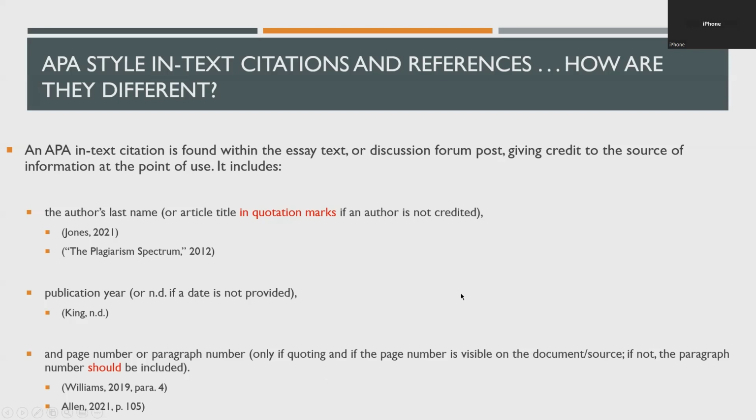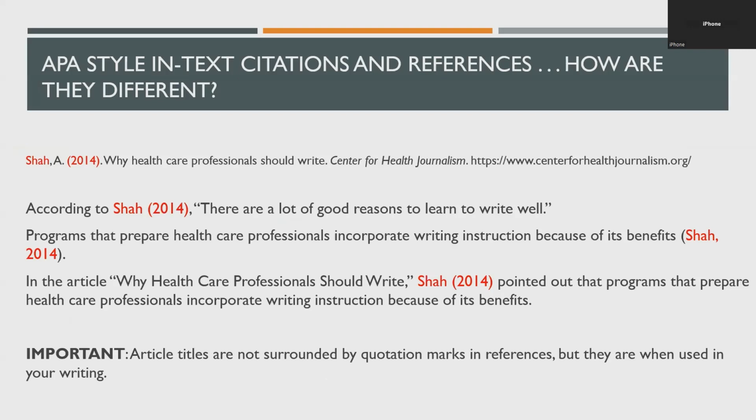Now, we're going to get into some different ways that you're going to present that information, because it does depend on what your sentence says or how you are presenting the info. So this is our Shaw source. And here we have an example of the author's name being used in the sentence. So according to Shaw, and when we mention the author's name, we, in parentheses, put the year of publication. So Shaw, parentheses, 2014, and then we have our quote.